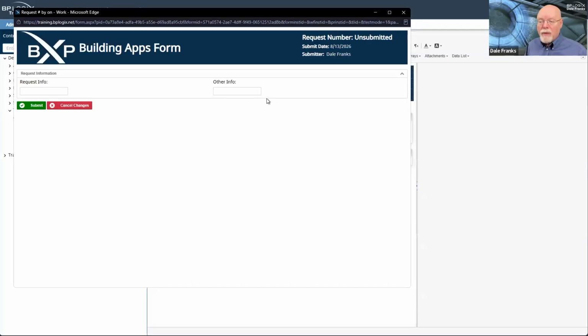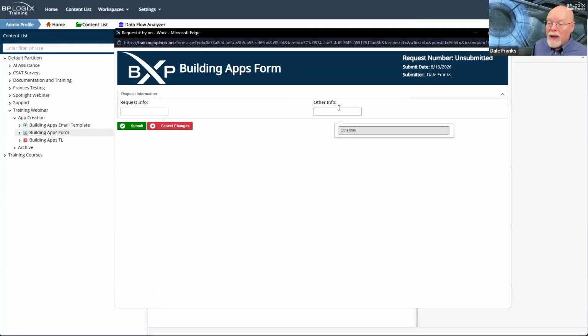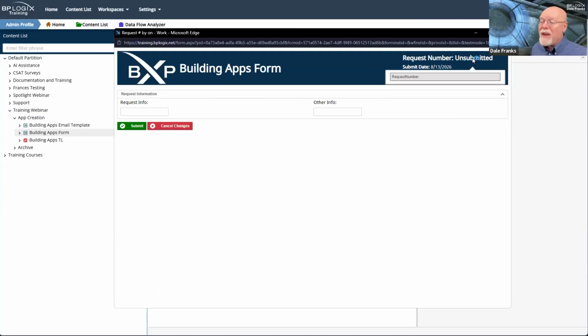However, the form is displayed to me in a special format. First of all, if I take my mouse and roll over fields, even these fields, which are disabled, but they're displayed as text, I have a little tooltip that is going to pop up that tells me what field that is. So I've got a little debugging information. So far, this looks good, by the way. Our request info is hidden.